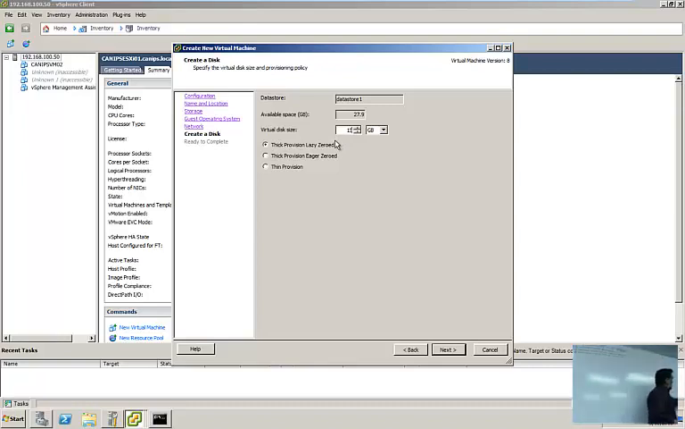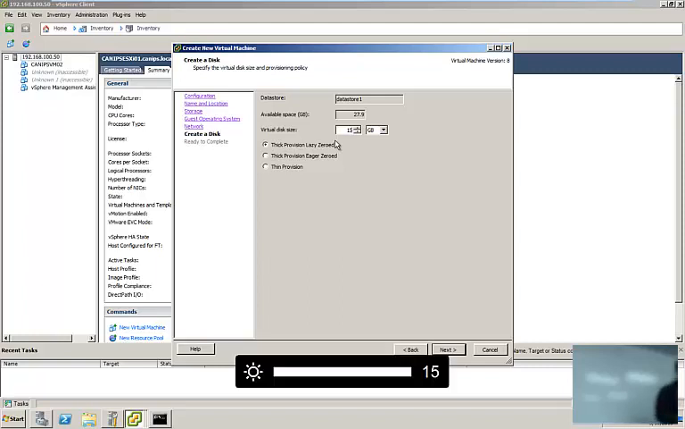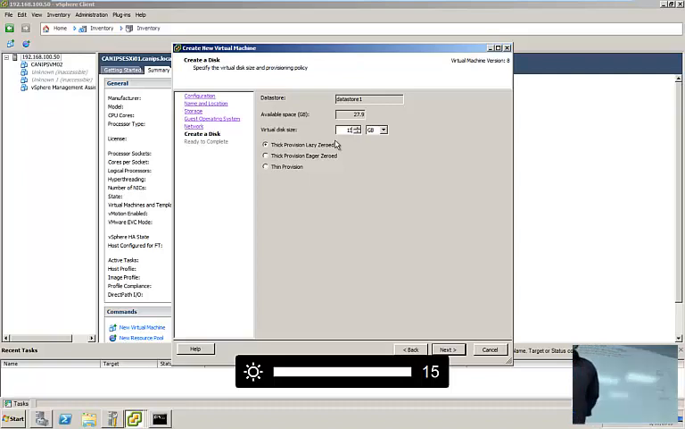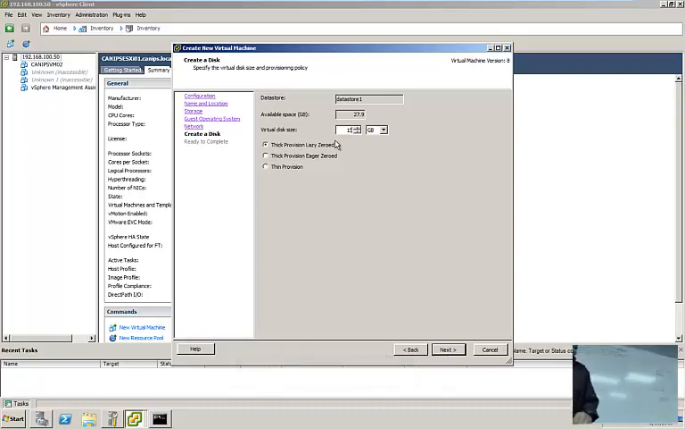Now, the next question is, thick provision, thin provision, or eager. Right now we are dealing with the data store, local data store. Guys, this question is about when the disk is created for this VM. This is very important to understand. When you're creating a disk,